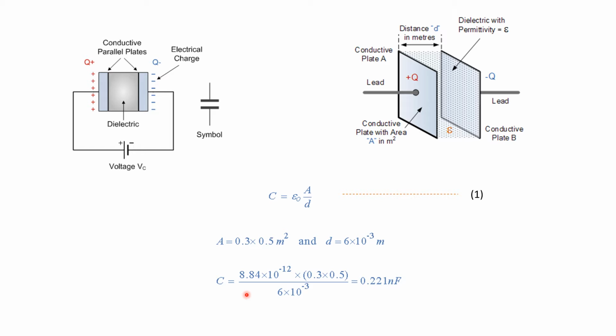The unit of capacitance is farad. A nanofarad capacitor itself is small in size. If you are thinking about the farad, a 1 farad or 100 farad capacitor looks about the size of a refrigerator. So most of the units we use are picofarad, nanofarad, microfarad, and some capacitors come in millifarad. Millifarad capacitors are also big in size, like a 2 liter Pepsi bottle.